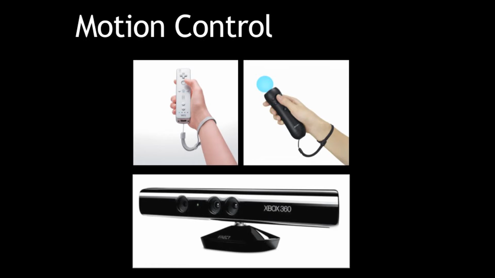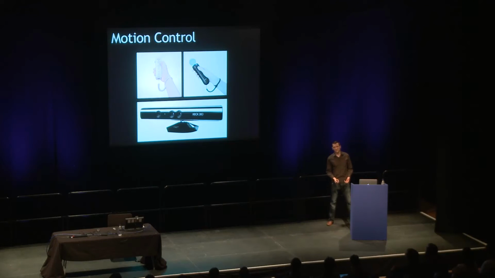So one solution to this problem from the current generation of console manufacturers is motion control. Nintendo was first to market with the Wiimote, then they were followed by Sony with the PlayStation Move controller, and Microsoft with the Kinect. All of these devices improve the demographic of video games. They broaden the market, but they also present significant challenges as developers are faced with designing an entirely new kind